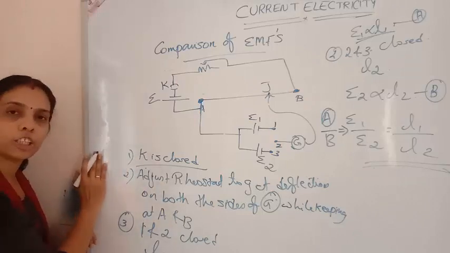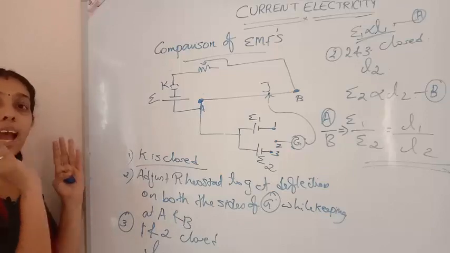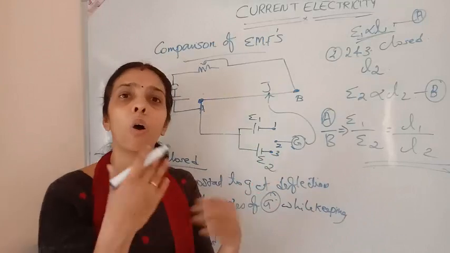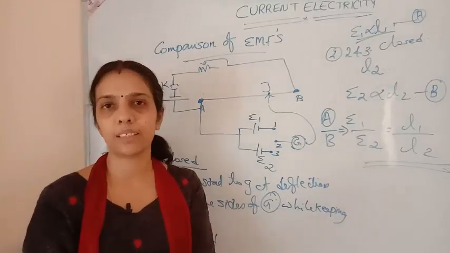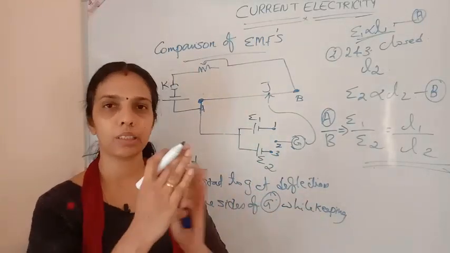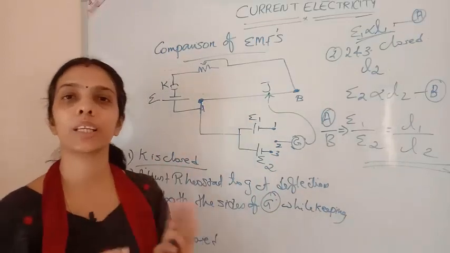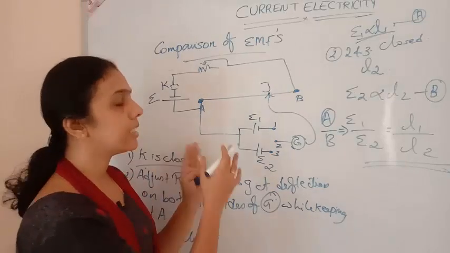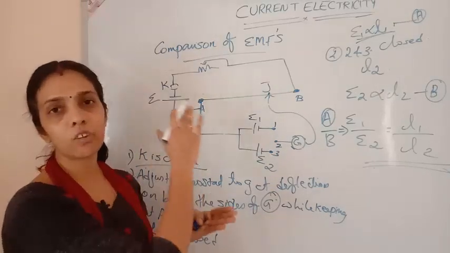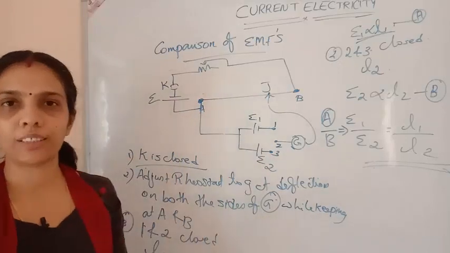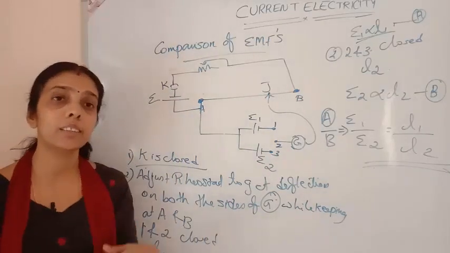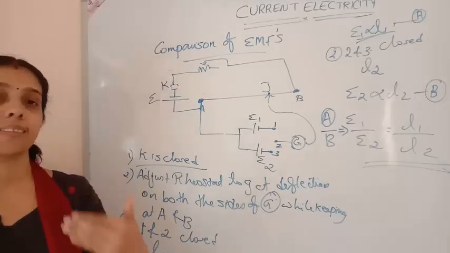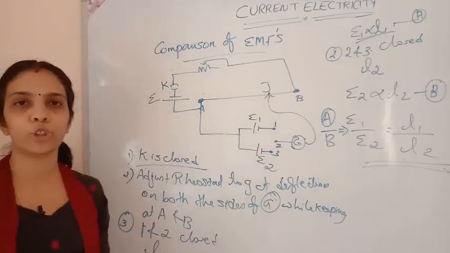If you are using a potentiometer, it is a very accurate method. We can consider the potentiometer as an alternative to our voltmeter. So we will compare the potentiometer and the voltmeter. The sensitivity is very large in the case of the potentiometer. The next use is that we can find the internal resistance of a cell using this potentiometer.